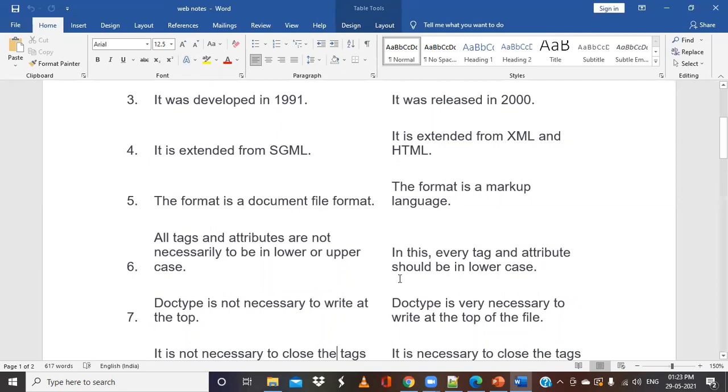But in case of XHTML, every tag and attribute should be in lowercase. So when we compare these differences, XHTML is more standard and more robust. And when we are writing programs using XHTML, we should properly follow these rules and guidelines.